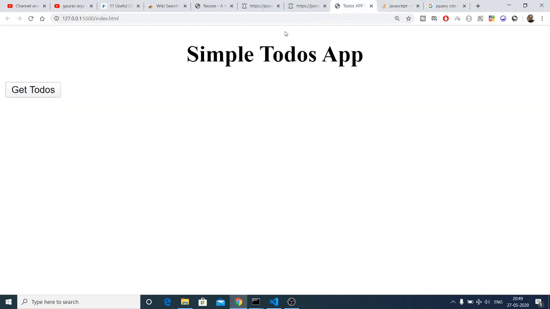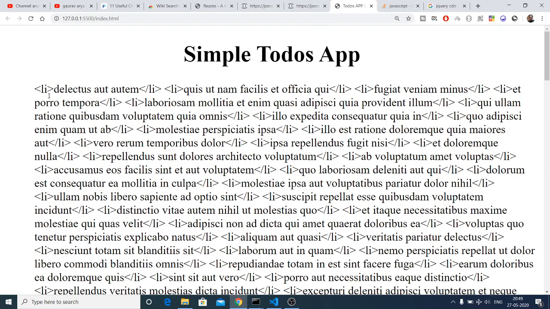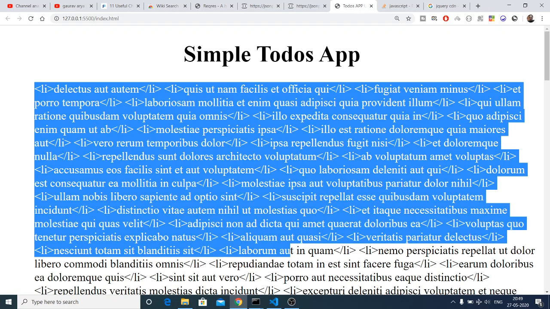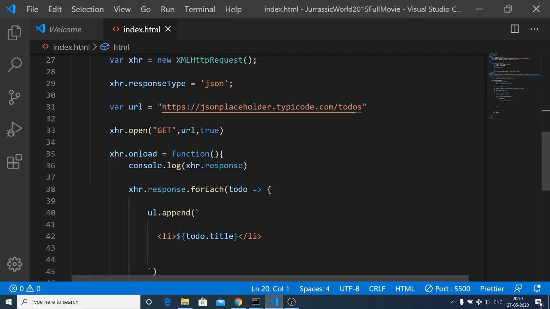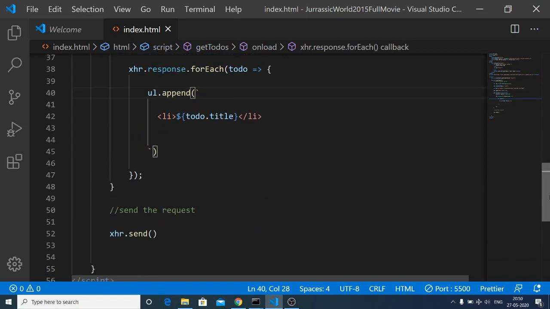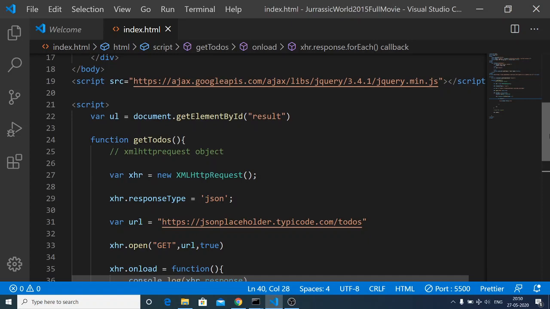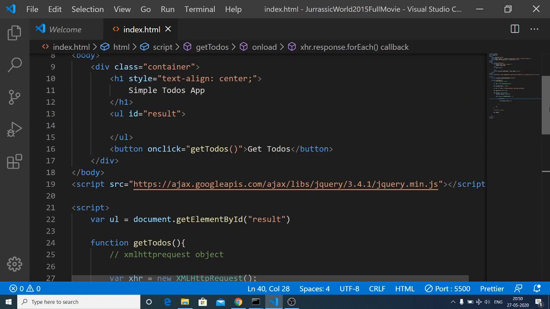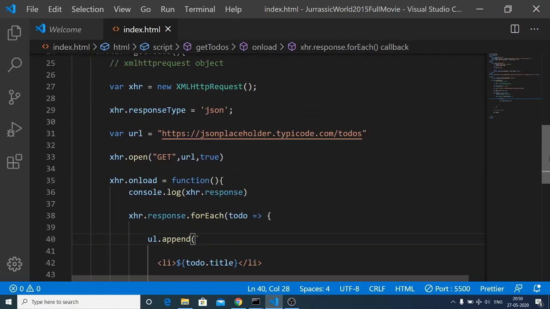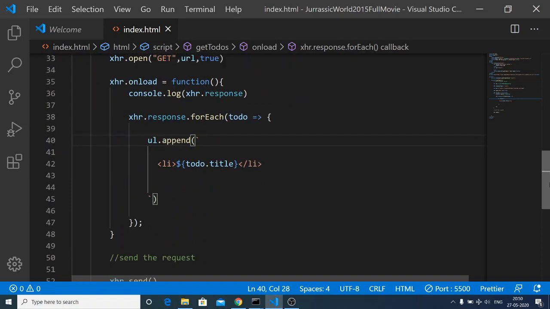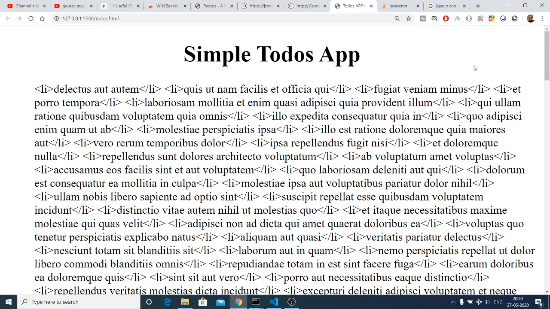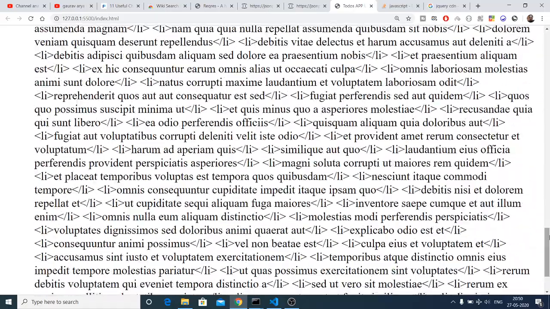If I click get to dos, now you can see that it is displaying these to dos inside the li tag. So thanks very much for watching this video.